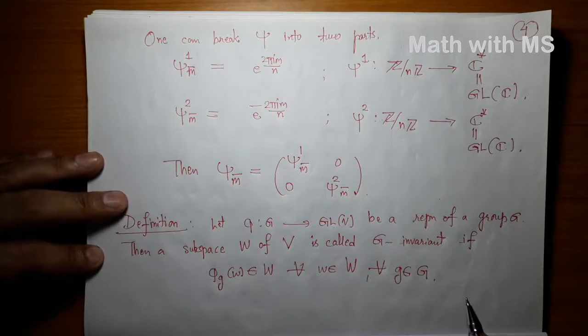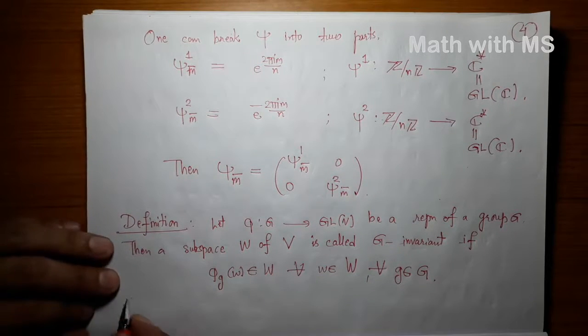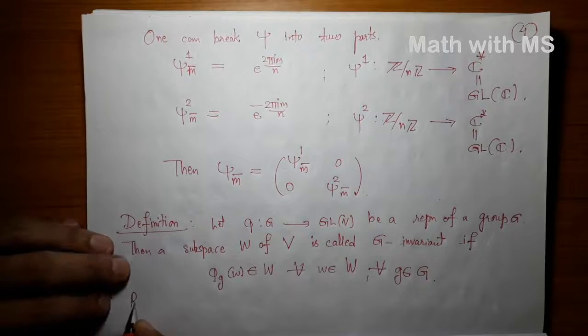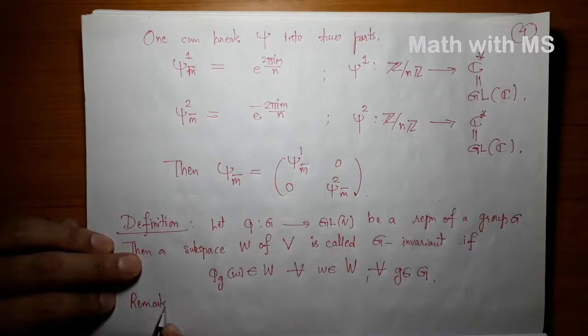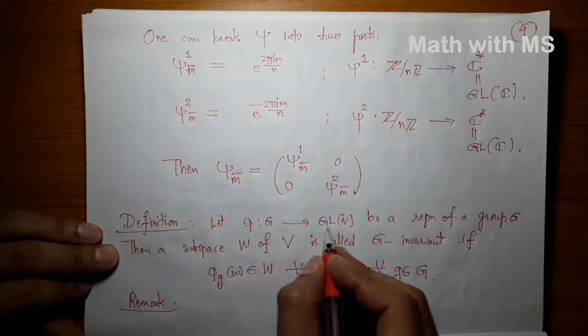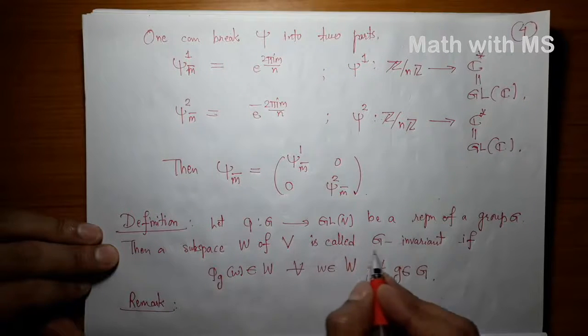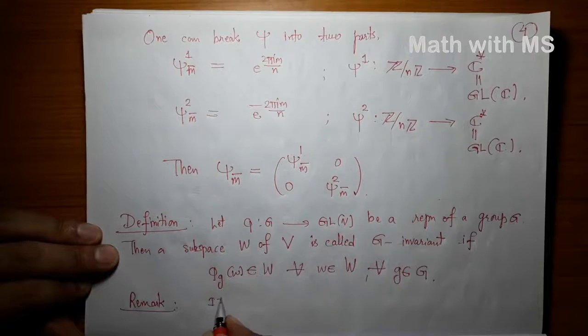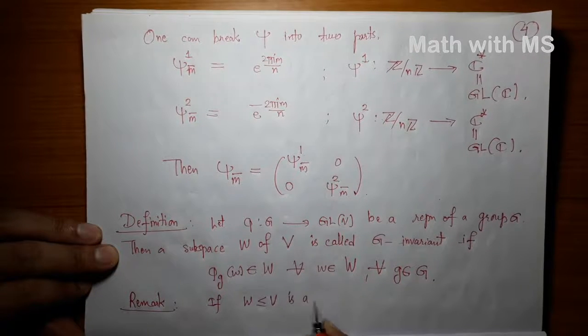All right. Another important remark here: if phi from G to GL(V) is a representation and W contained in V is a G-invariant subspace,